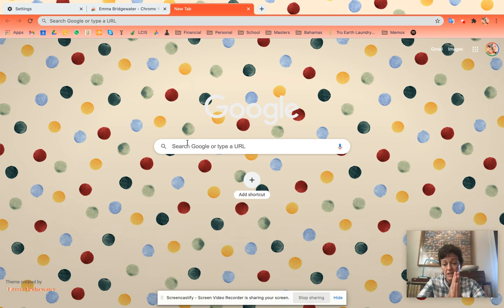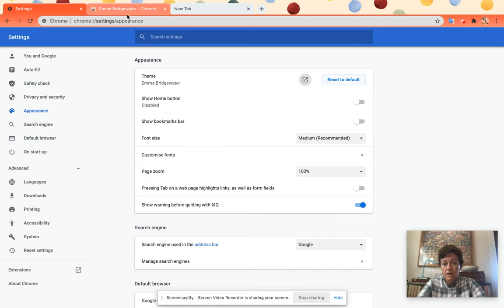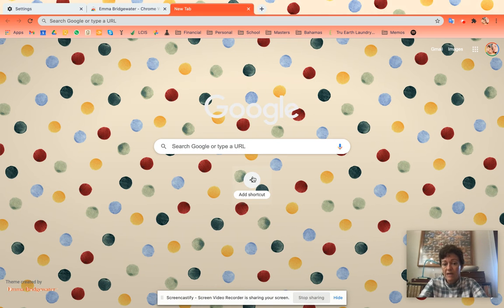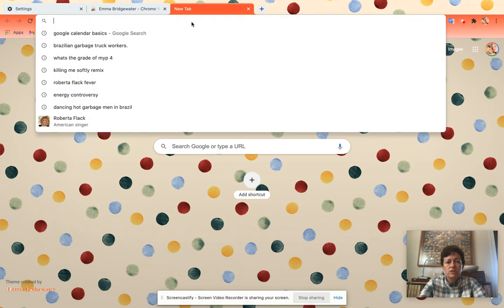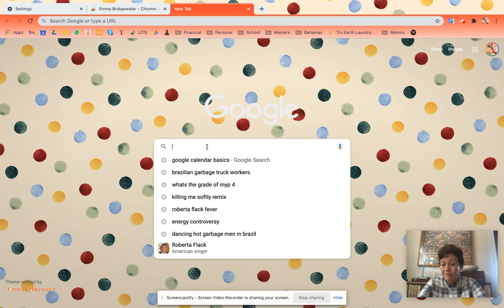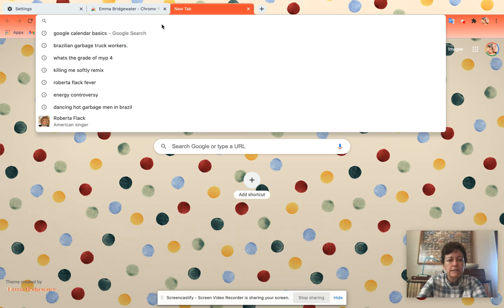Another way to personalize your desktop are tabs here. You can add shortcuts. So for instance, if you want to go to CBC right away, what I might want to do is search either here or here. With Google, it's the same thing. So I'm going to go in here and say,